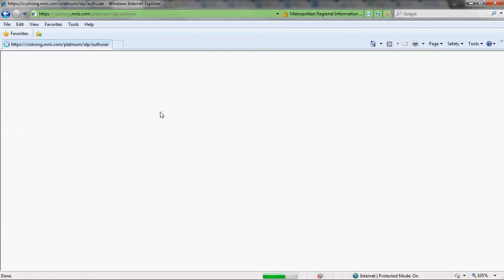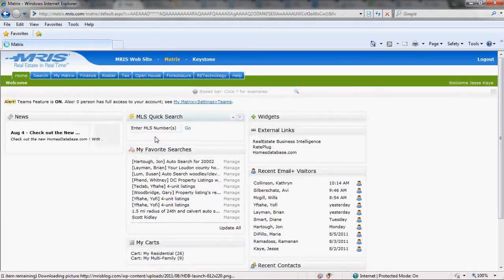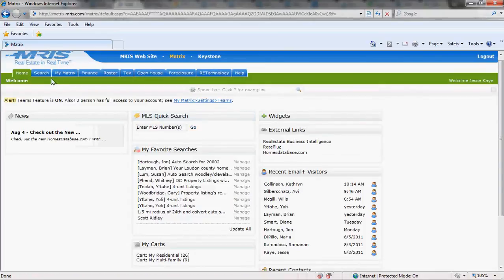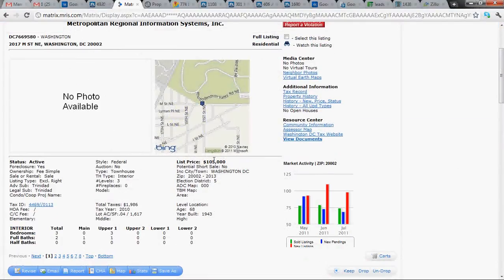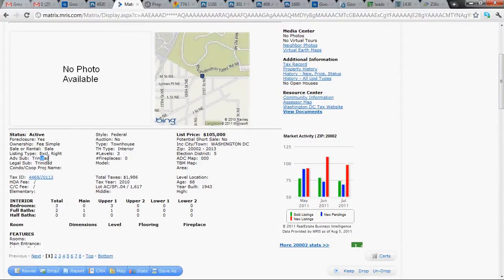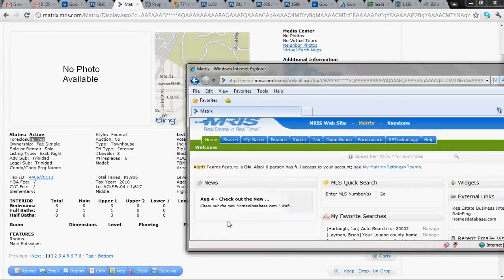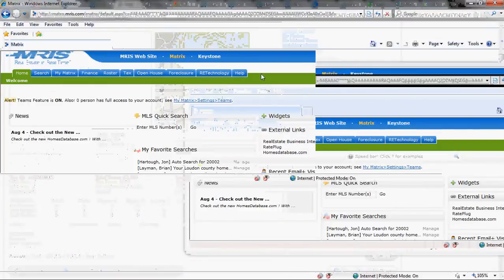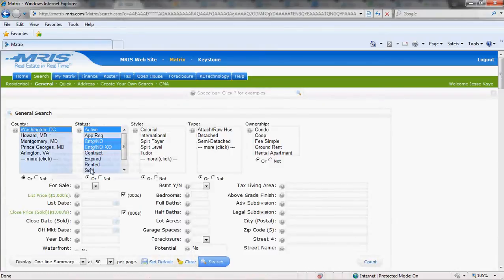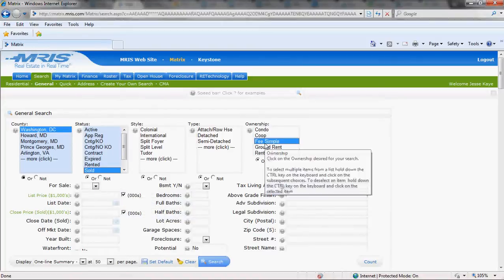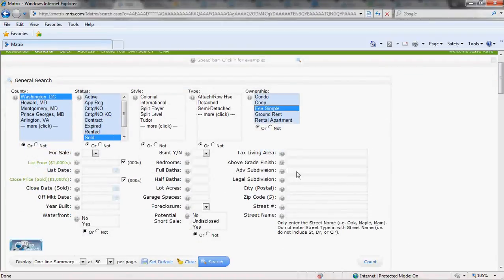So I'm going to log in on this one, which is Internet Explorer. Oh, sorry about the changes. So this 2017 M Street is a 3-bedroom, 2-bath in Trinidad, and it's a foreclosure, meaning it's bank owned. So I'm going to go into search. I'm going to look at residential properties in Washington DC that have sold in fee simple ownership in the neighborhood of Trinidad,